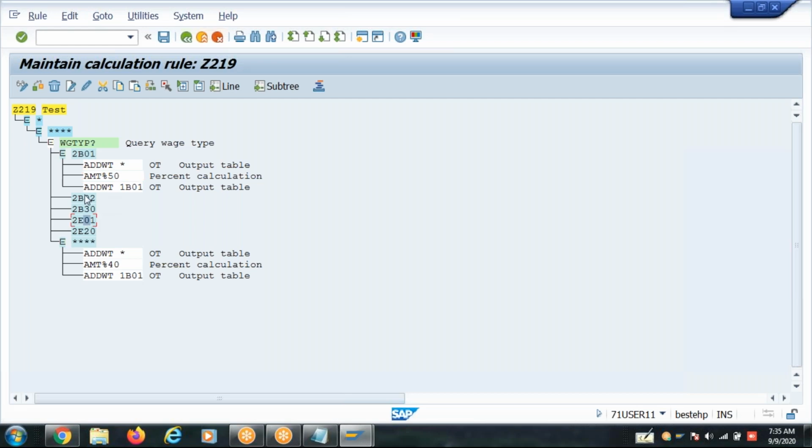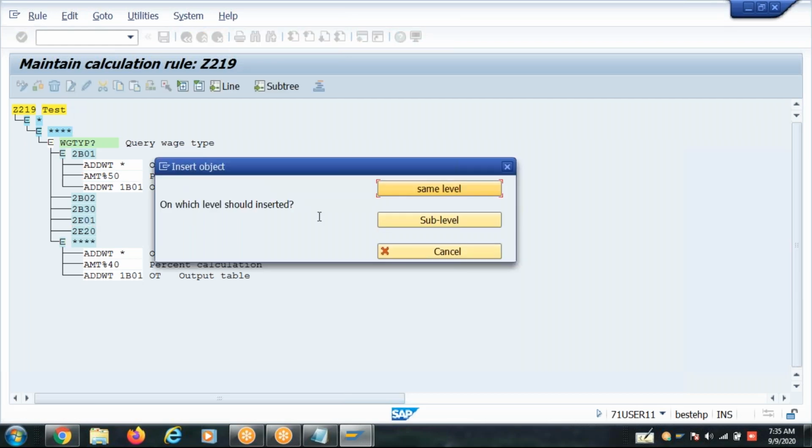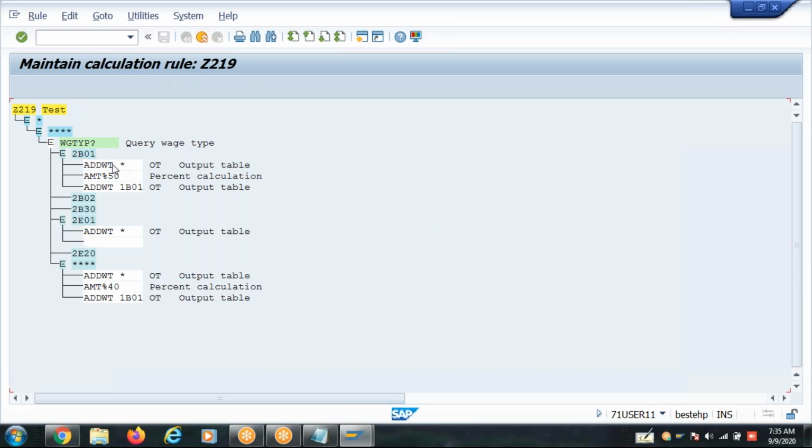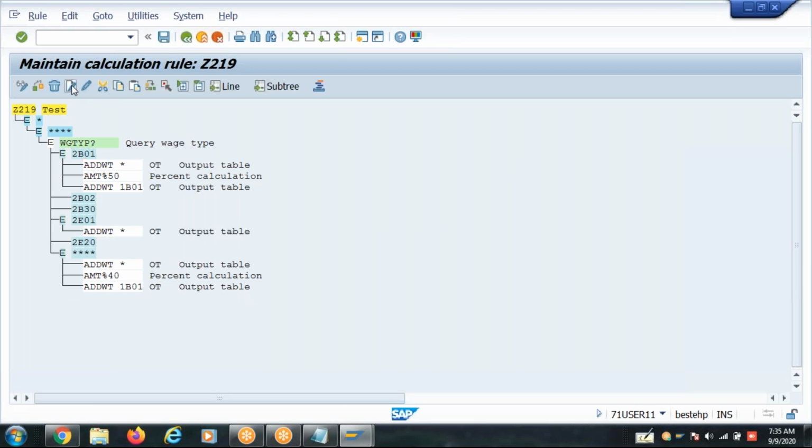Okay, and for all 2E series, no adding, just move them to the output table. So totally how many entries would you get? 51 entries. Okay, we will get 51 entries.